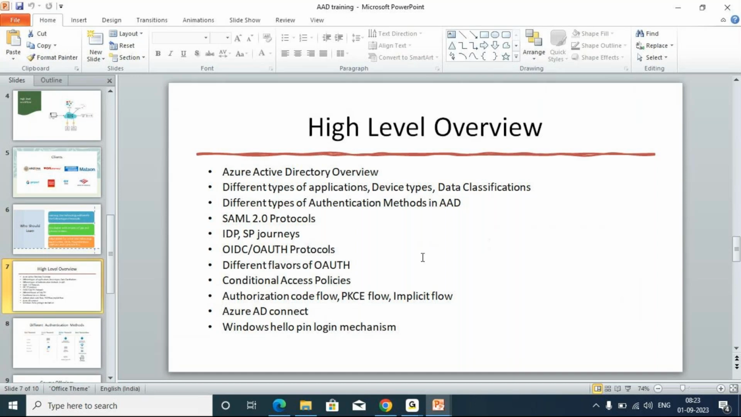Okay, and apart from that, in Azure AD Connect, how we can use pass-through authentication or password hash synchronization, that we will cover. So these are the overall high-level topics that we will cover in future,